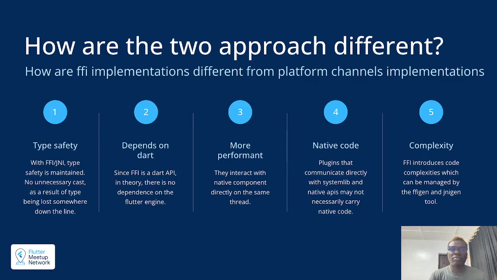Firstly, type safety. With JNI and FFI, your type safety is maintained. You don't do unnecessary casts. And why do we do unnecessary casts? It's because somewhere down the line we've lost track of the type. It's very simple. I mentioned earlier we established that by using method channels, you're basically sending a message in a flexible way. So I send the command and some kind of argument or data. If I send a string, an int, or whatever,